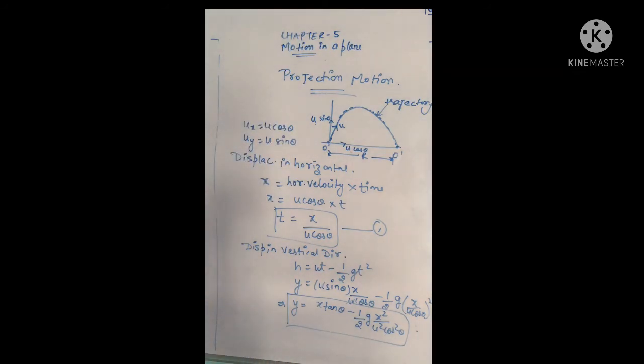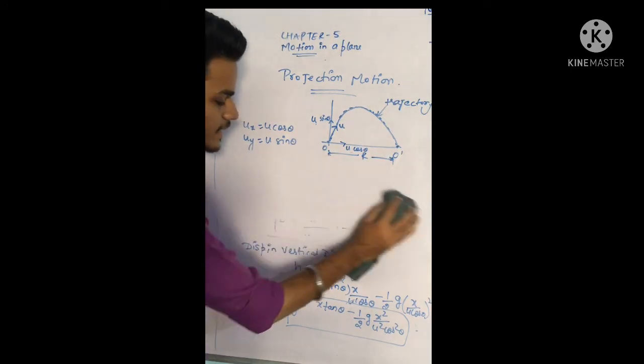So first of all, this you have to remember. This is the path of the projectile. This quadratic equation says that the path of the projectile is parabolic in shape. If the equation is linear, then it is not parabolic, but here the equation we got is quadratic. That is, the path of the projectile is parabolic, and the path which it travels is called the trajectory. Okay, this is the first case. Now we have to find out the flight time.